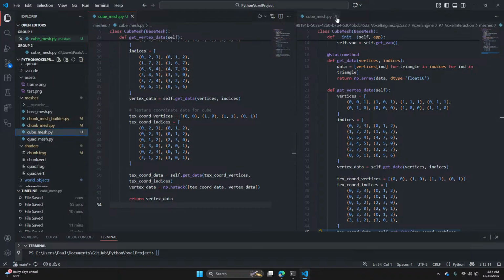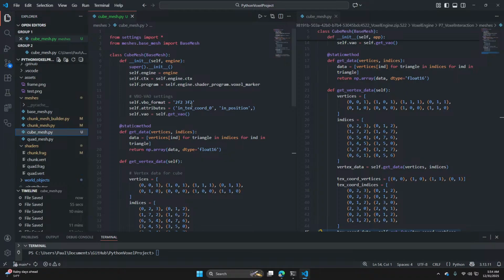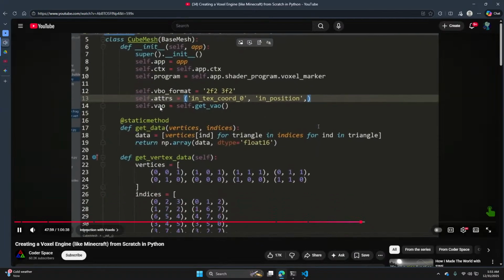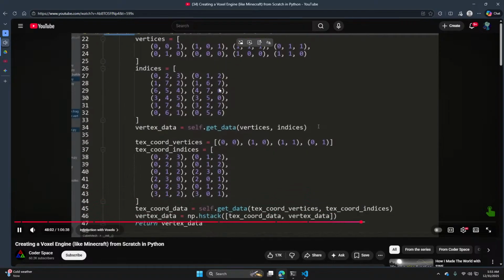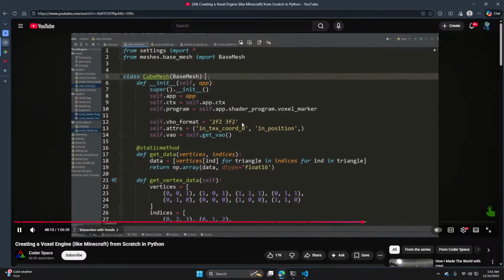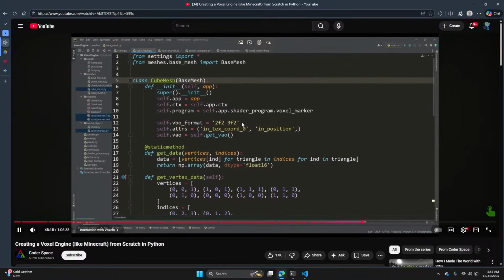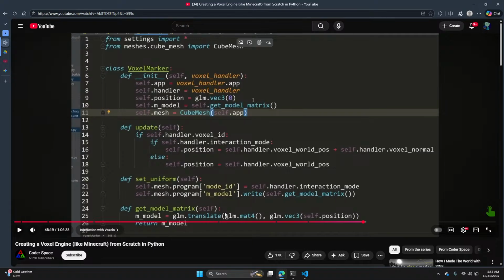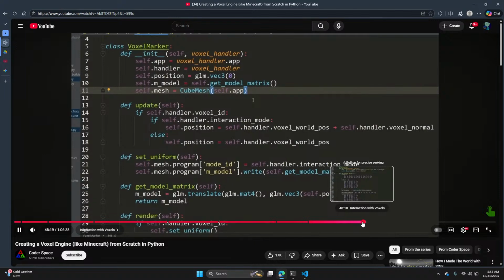Okay, I think I got this one. I think I get this one now, a bit. But let me go back to my voxel stuff. With the cube mesh class, here we form a vertex buffer for a regular cube. That is, we define the vertex positions for 12 triangles that form 6 faces of the cube, and indicating the corresponding texture coordinates. This mesh is used to create a voxel marker class, which features an update method where we determine texture coordinates.